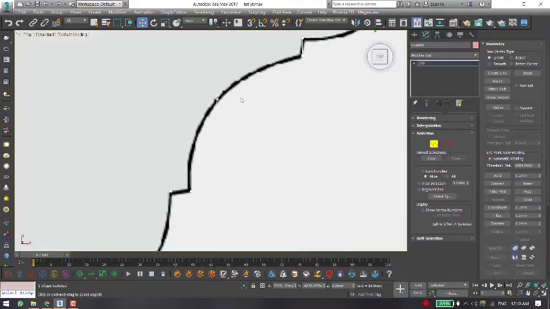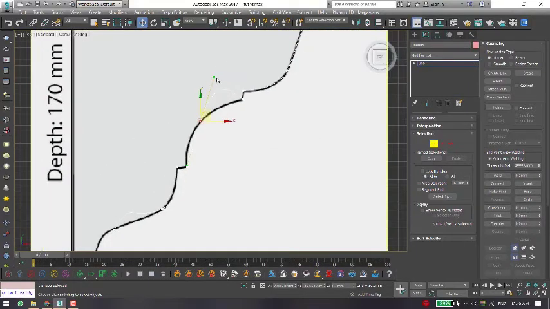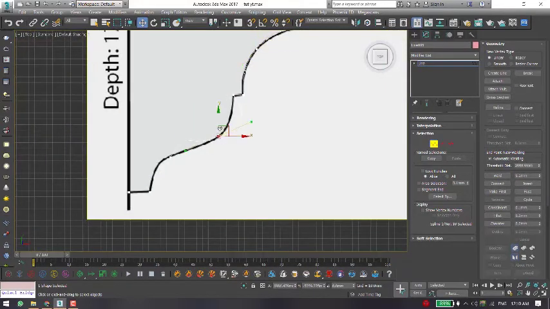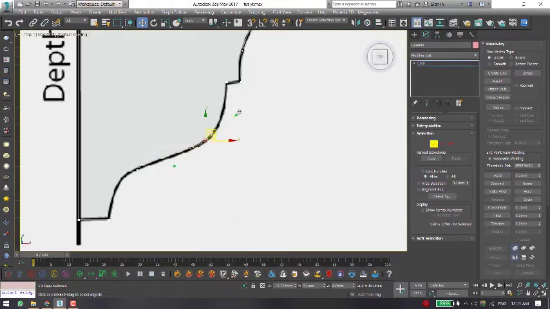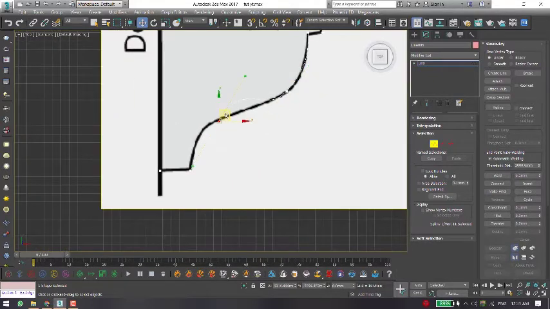You can see, select this and drag, select this and just drag. Just try to match that shape that we are getting.